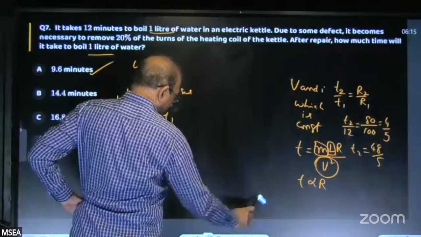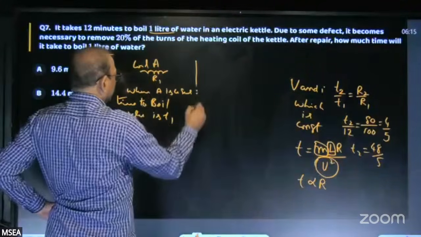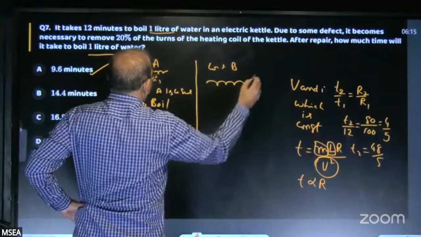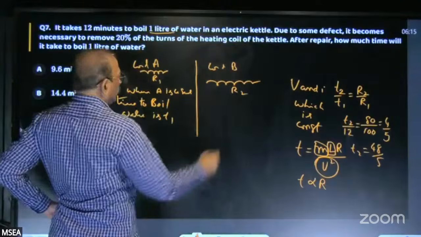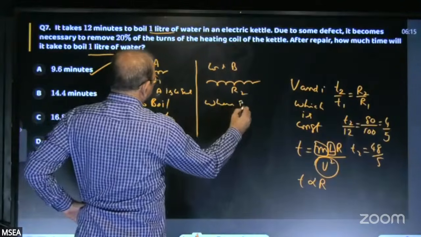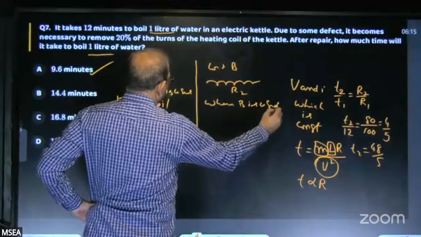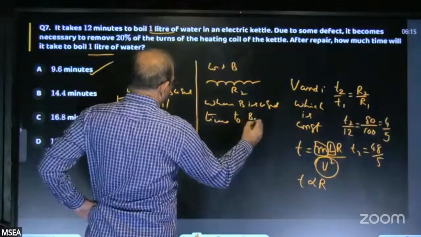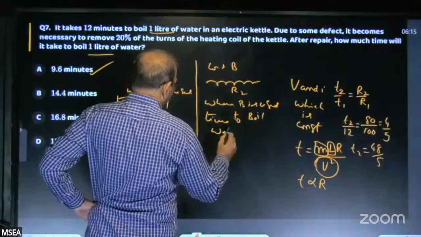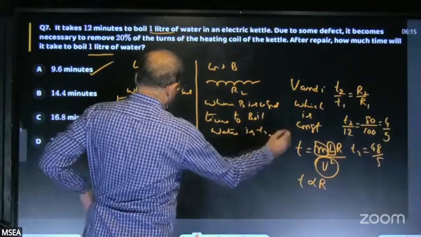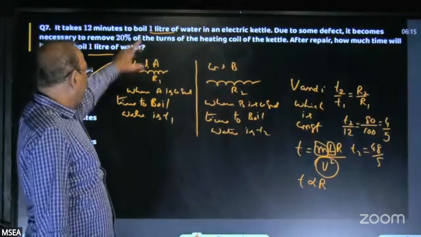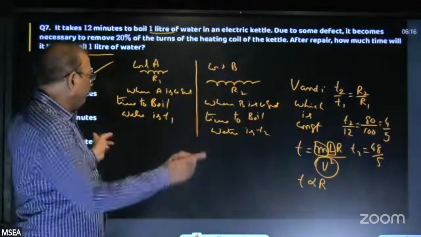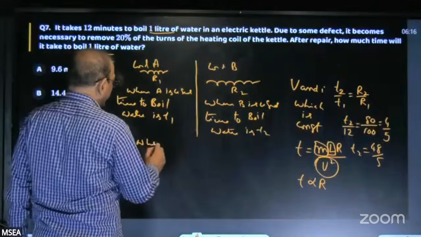They will give this like this. Another model I'm telling. Another coil B is there. Its resistance is R2. When B is used, time to boil water is T2. This they will give. Individually, when A is used, time to boil is T1. When B, it is T2. When both are used in series,